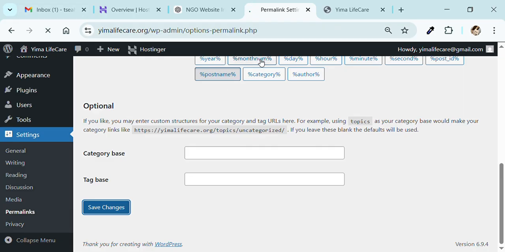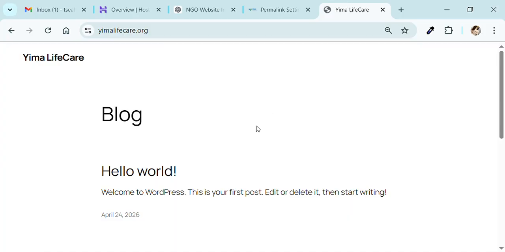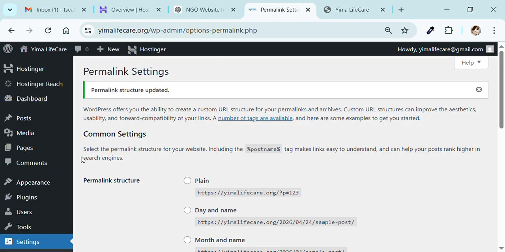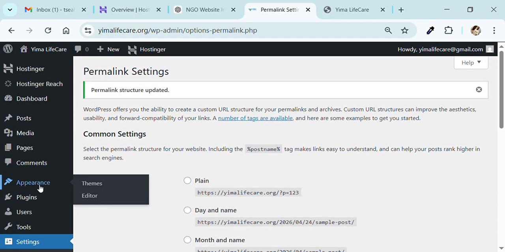Now let me show you how this website looks. This is the look and feel, the front end, where your visitors see what they are viewing. This is how it looks. So now we are done with settings, we are done with cleaning. So the next thing, because this is an NGO website, I want us to work with